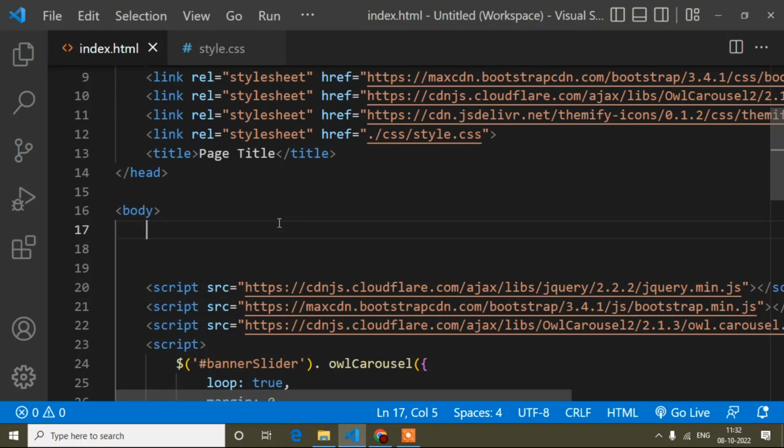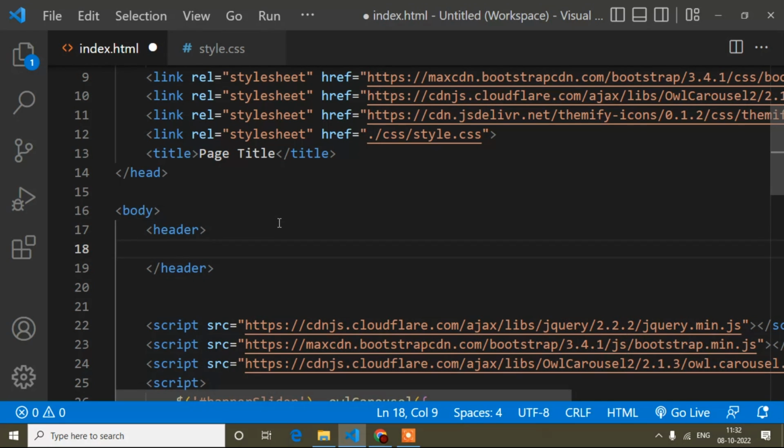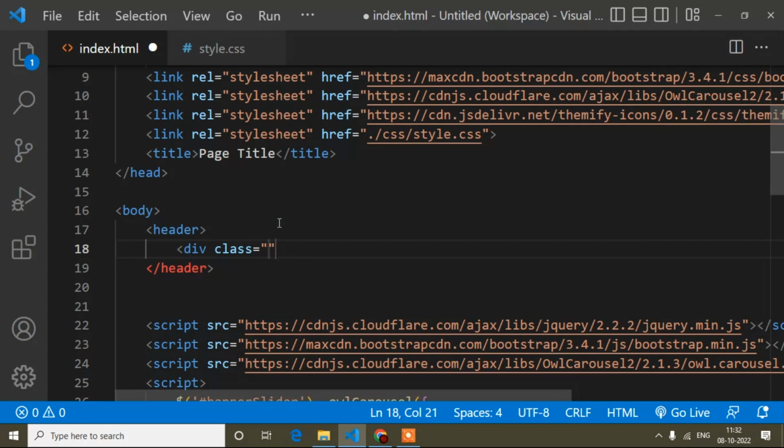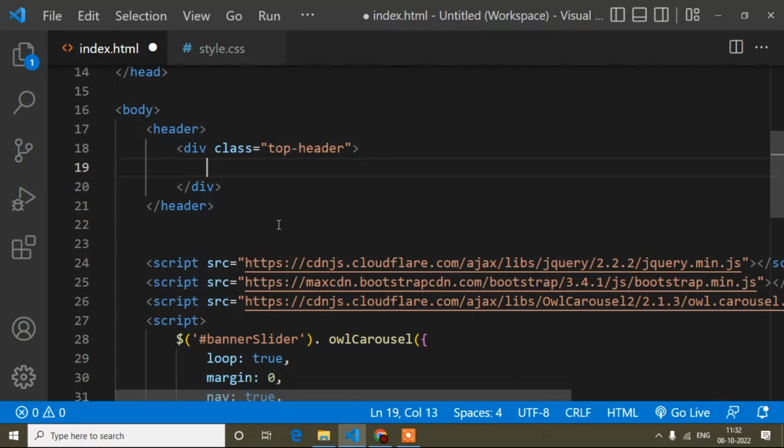Okay, so now first of all I will add the header tag. Inside this header tag I will create a div, with the class top header, because I had shown you the two headers. So first of all I will write the top header, and inside this top header I will add a